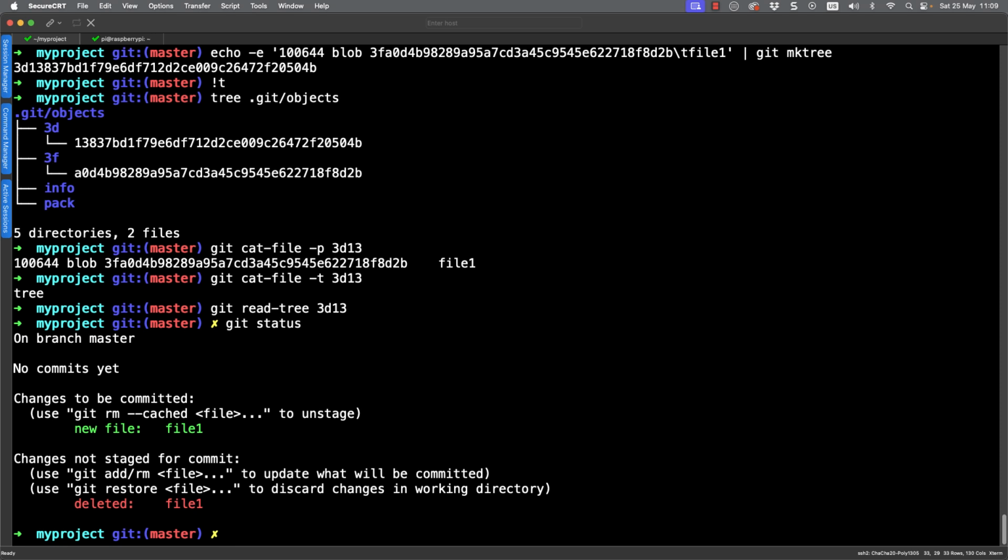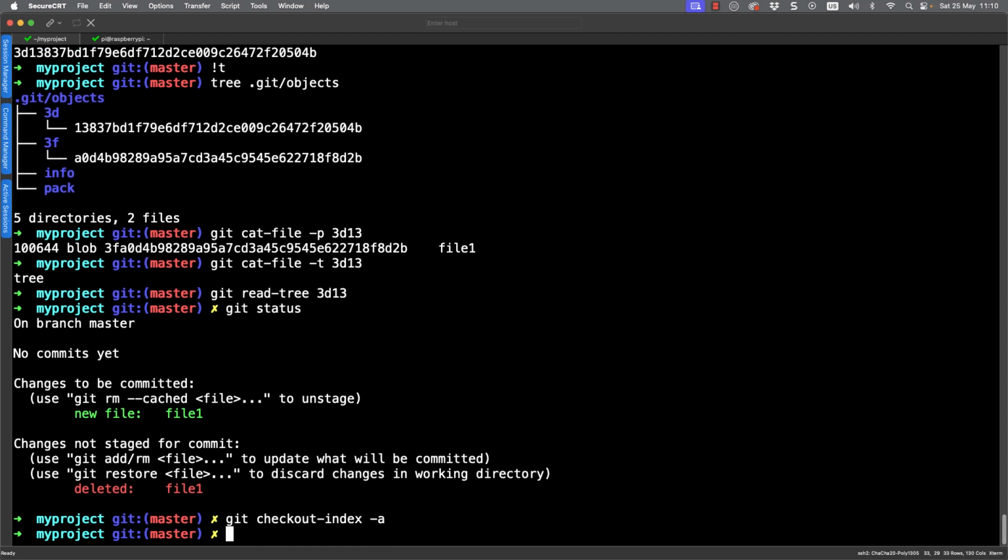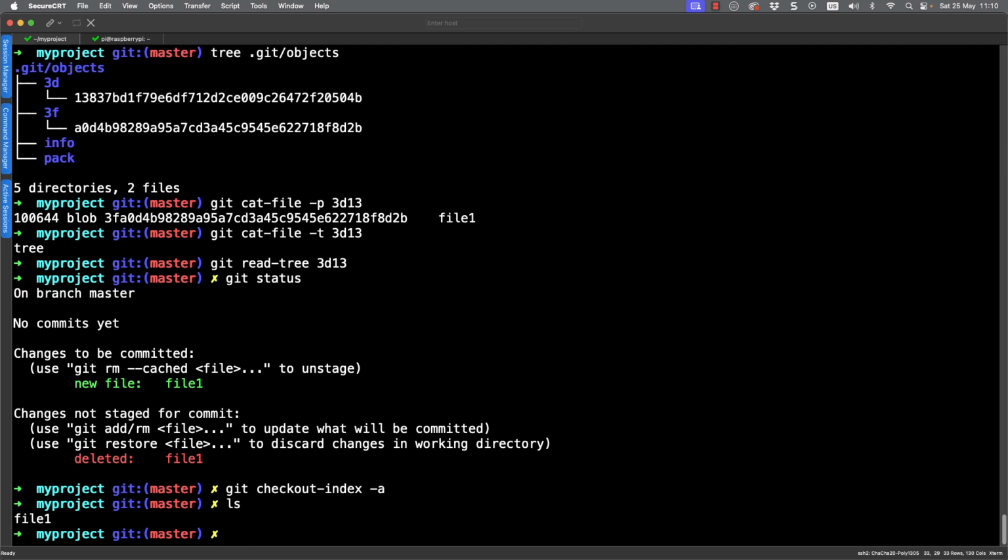We've not known about this file before, so it thinks it's a deleted file. Now, one way to be able to restore this is using git restore, but we also have another way where we can check out from our staging area. So if I use git checkout --index and -a, so everything from our index, we only have the one file in our index, then it's acting now as a new file in my file system.